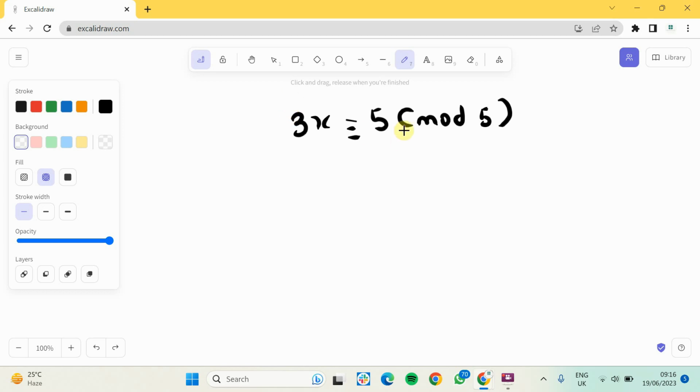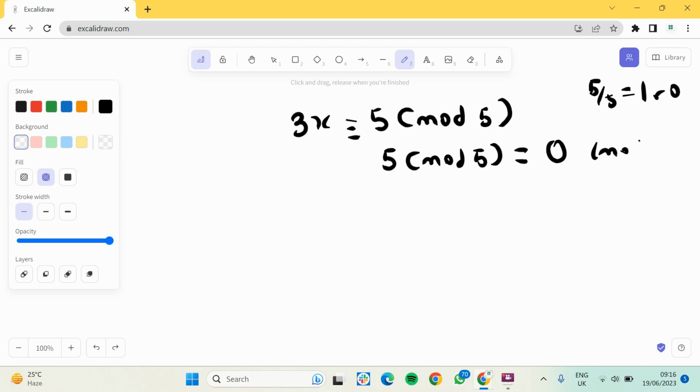So let's see, 3x is equal to 5 mod 5. So I can reduce this 5. So 5 mod 5 is also equal to, if I divide 5 by 5, what would that give me? That will give me 1, the remainder of 0, abi? So the remainder is what counts. It's also equal to 0 mod 5, abi? Great. So I can replace now, say 3x is equal to 0